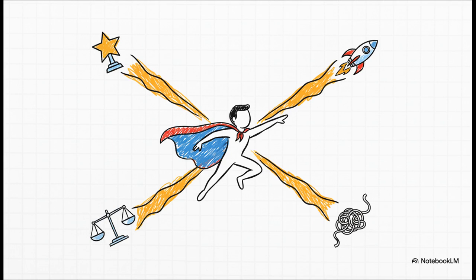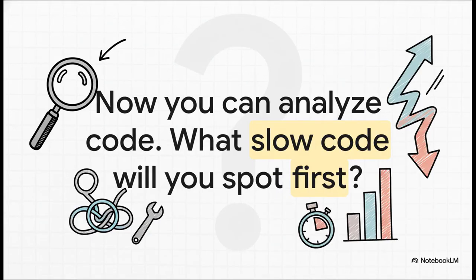And let's be honest, this is a make or break skill they test for in pretty much every single technical job interview out there. So I'll just leave you with this question to think about. Now that you have the basic tools to tell a fast algorithm from a slow one in just a few seconds, what's the first piece of inefficient code you're going to spot out there in the